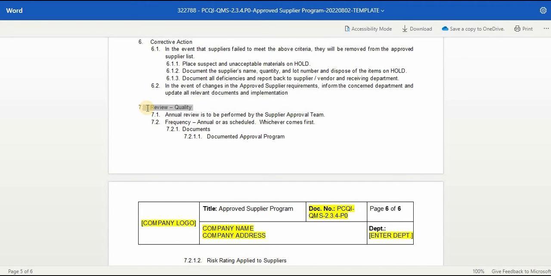Next to corrective action is review. The review section serves as guidelines for conducting the annual or periodic review. Annual review is to be performed by the supplier approval team. And frequency, annual or as scheduled, whichever comes first. Under frequency is documents, and the documents included are the documented approval program,